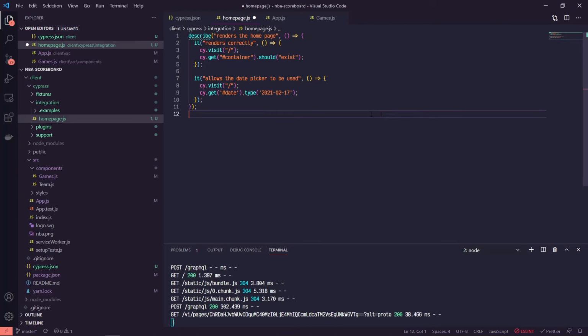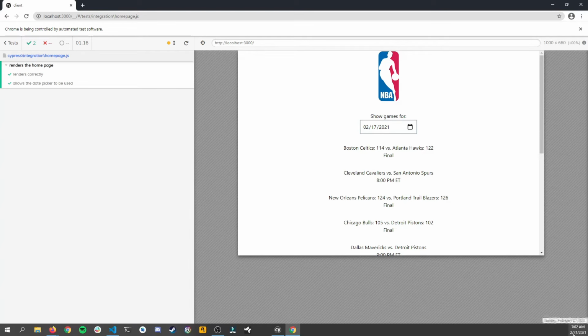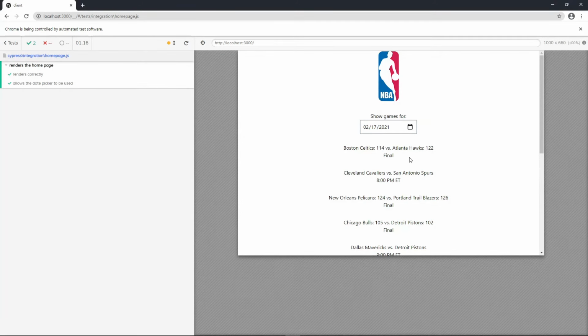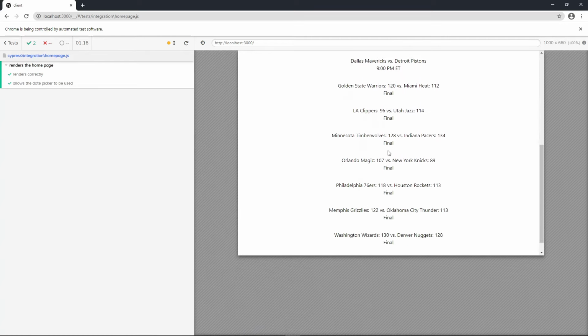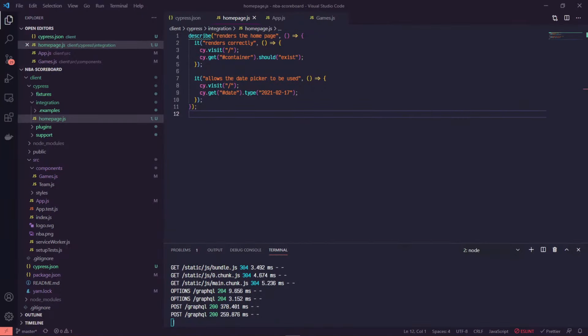And so I'll save this, bring back over the testing. Sweet. So it does render correctly. It allows the date picker to be used. So it selected this date for us. So the date is February 21st, but it changed it to February 17th, and now we get all of these different games. And so let's make sure, too, that we're checking to see that these games exist. So let's go ahead and